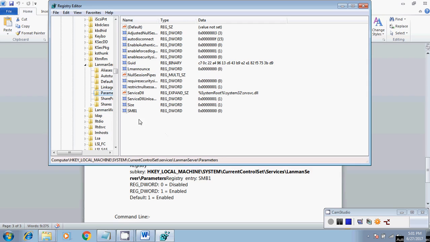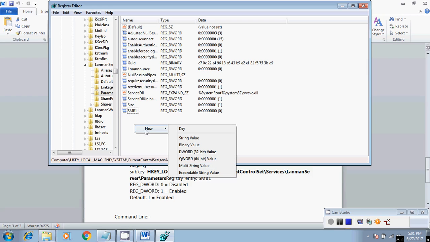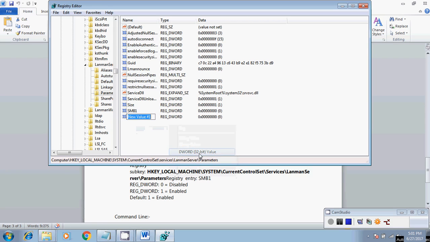Here you need to add the value; I have already added it and disabled the SMBv1 protocol. So I will show you how to create the registry value: right click, go to New, and select DWORD 32-bit value, and type the name